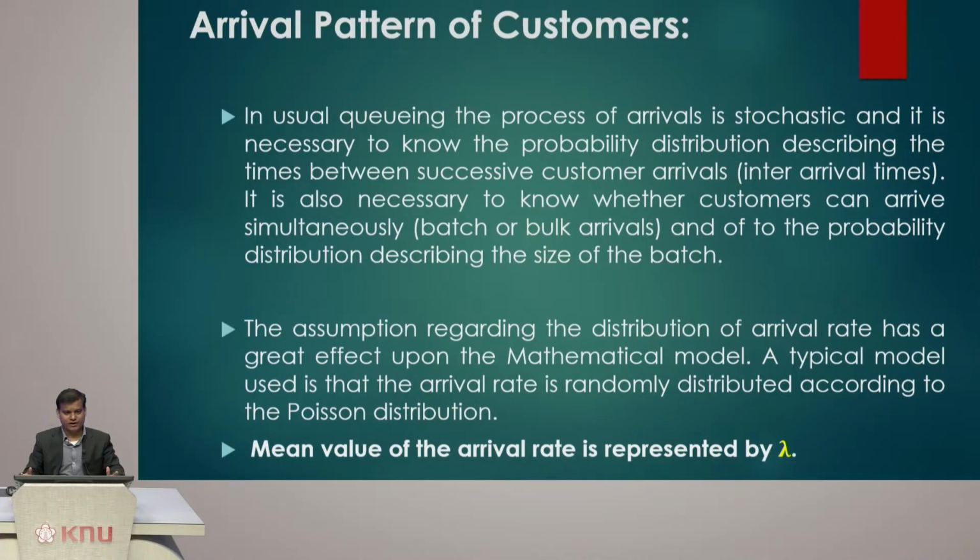Since the arrival rate in general is quite random, we are not sure how the customer arrives. We are not sure how the vehicles arrive at the toll gate. Yeah, it's kind of random, but the mean value of the arrival rate can be expressed. So here we are going to represent the mean arrival rate as lambda. We will consider the formula later. So basically speaking, this is the arrival pattern of customers. Then comes the